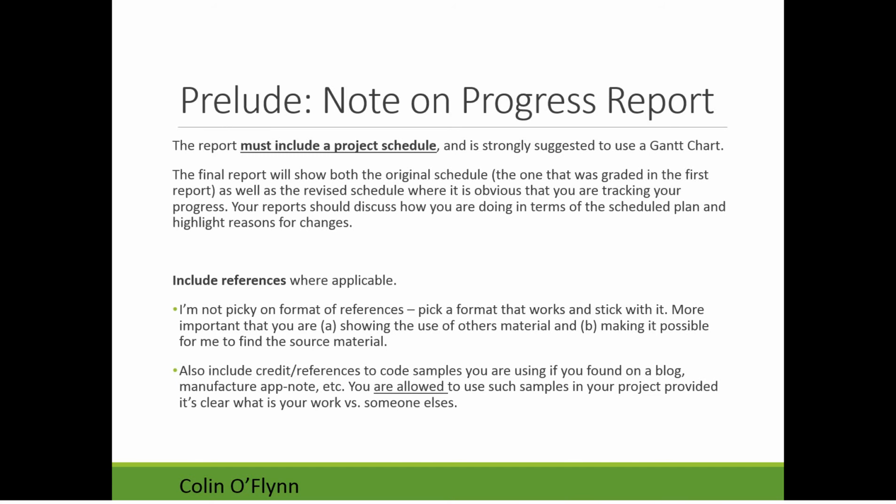And when you reference things, so if you want to reference material outside of the course, or code samples, stuff like that, I don't really care about the format of these references. It just should be reasonable to show that you're using other materials, and make it possible for me to find the source material. So if you just say one title vaguely, that's probably not enough of a reference. It should have the title, the author, or a link to where you got it, something like that. So it's important I can find the source material, and you've made it clear this is some sort of source I'm using. And that includes code samples and stuff like that too, or example circuit diagrams.